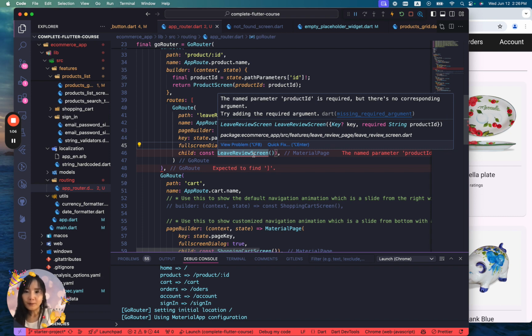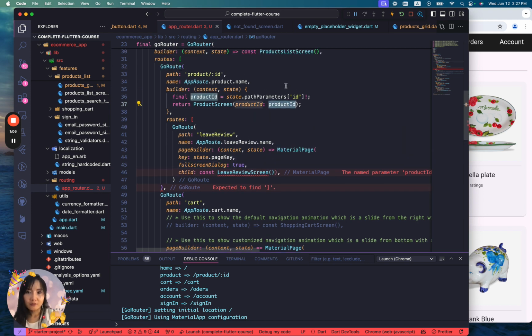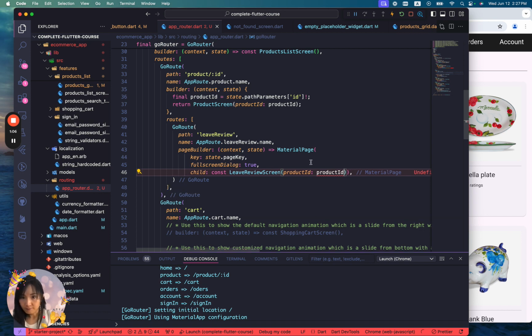Before I show you what to do, let's think. The product ID is here. How do we grab this one to here? Okay, it's not working. Let's see. And this means that we need to get the product ID from the state params like we have done over